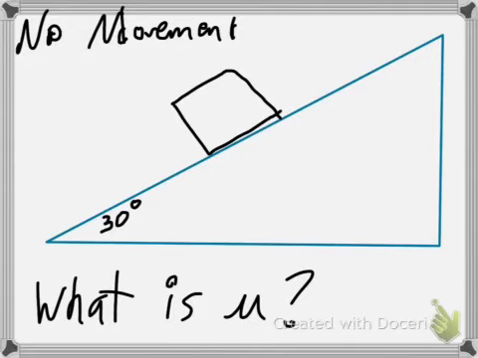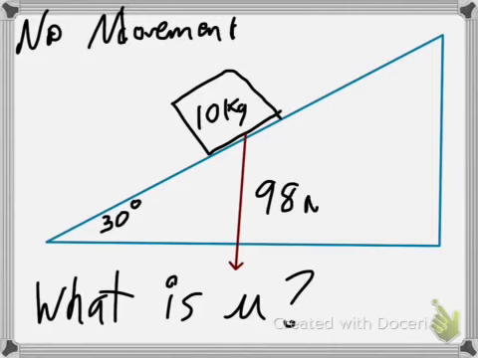So the first force that would act on the box is gravity. So gravity would go straight down. And again, let's assume this is a 10 kilogram box. So we do need some numbers here, which would make this 98 newtons. Now, if this was the only force acting on the box, then the box would fly down through the surface. But it's not,